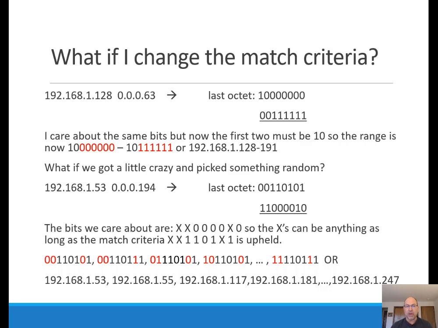But what is the match criteria? We get the match criteria, of course, from the last octet of the address. So it must be the case that the 2nd through the 6th bit are 1101, and then the last bit is a 1. That has to be the case. And so we get this list of IP addresses that are matched by this, and they include some of the patterns I put at the bottom. You can see it gets a little crazy, but if you understand this example, you understand how wildcard matches and the match criteria work.